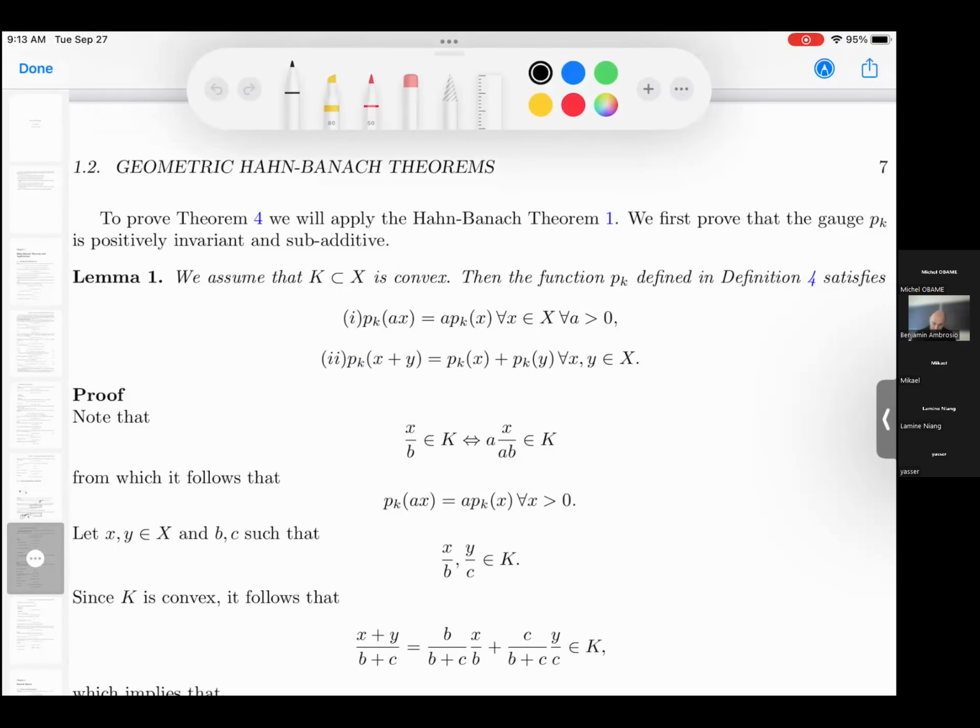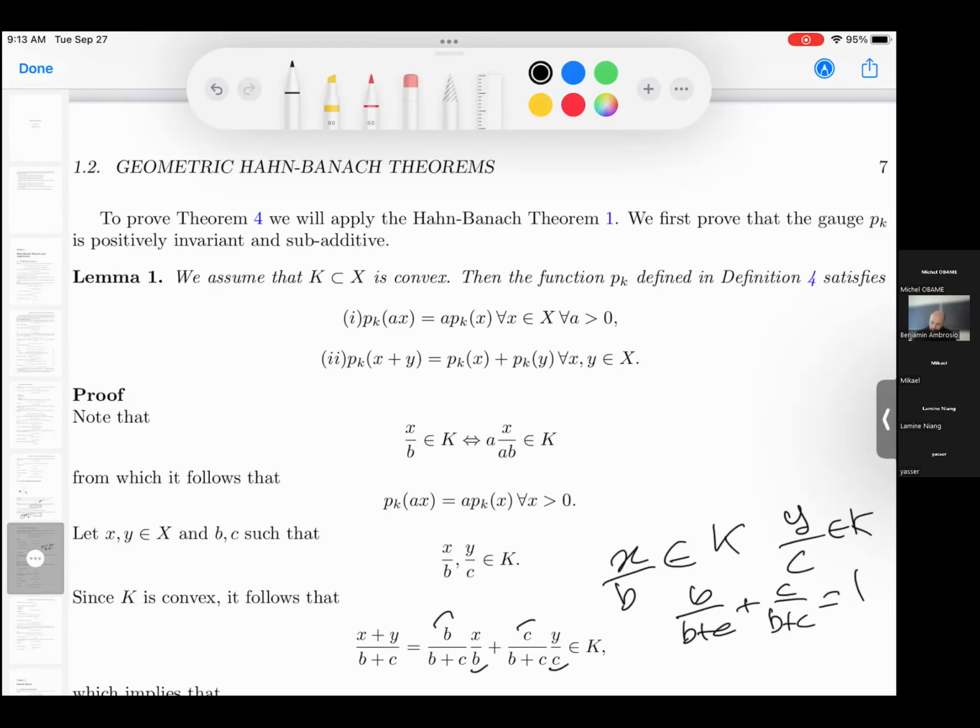And here you split the sum. So you get X divided by B plus C plus Y divided by B plus C. And you multiply and divide by B divided by B, C divided by C. So now the point is that X divided by B belongs to K, Y divided by C belongs to K, and B divided by B plus C plus C divided by B plus C equals 1, which means that